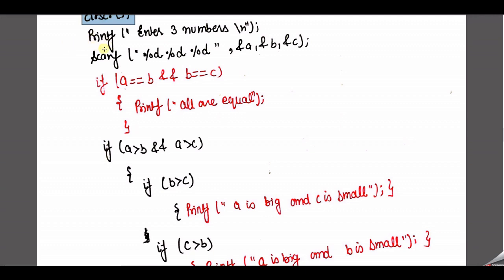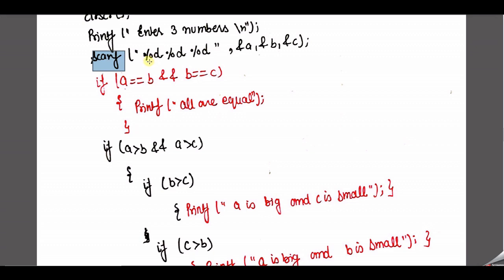So here I need to call a printf function to give the instruction to the user on the output screen. As I already told you, whatever number is entered by the user must be stored in our memory location, so that our processor can read that value from the memory and also write that value into the memory. So here I need to call a scanf function, which is a type of input function, by which our standard input device is activated to accept the input value from the user.